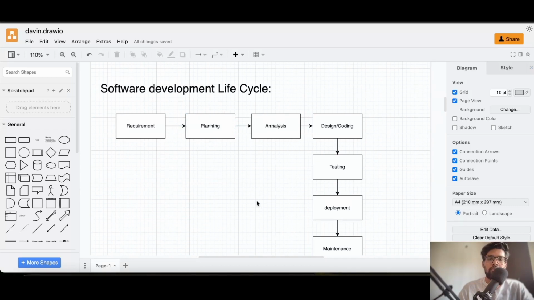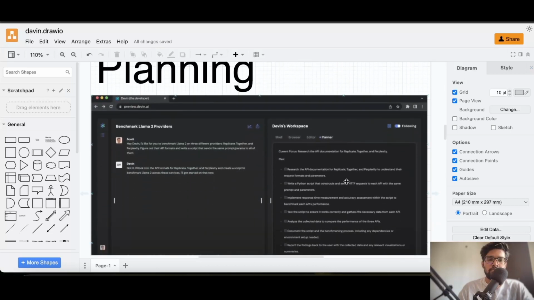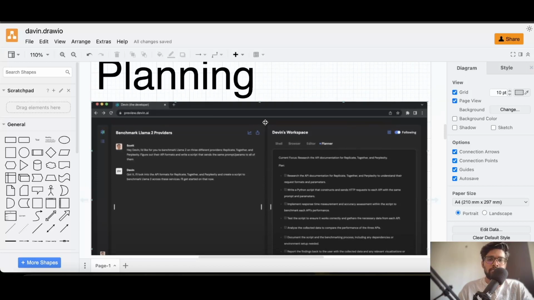You can say an end-to-end high-level planning. But in Devin, it's planning about a specific task. Even if you give an end-to-end application plan to Devin, there might be a chance where Devin gives an error. So here, a developer is required to give proper input to Devin to rectify that error.